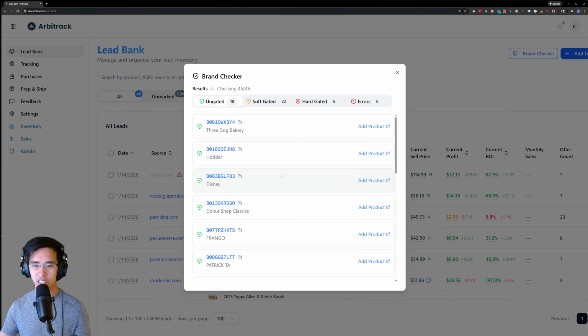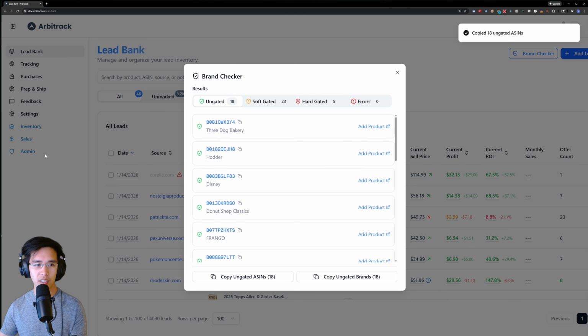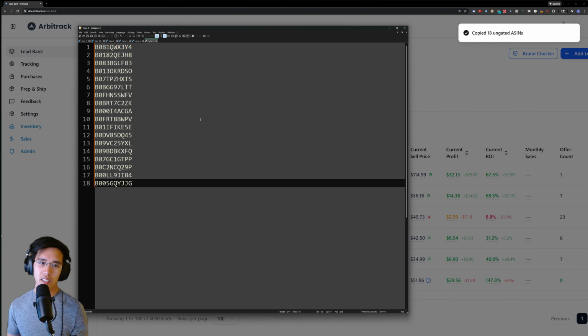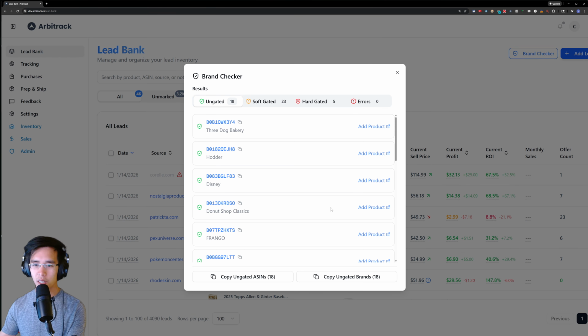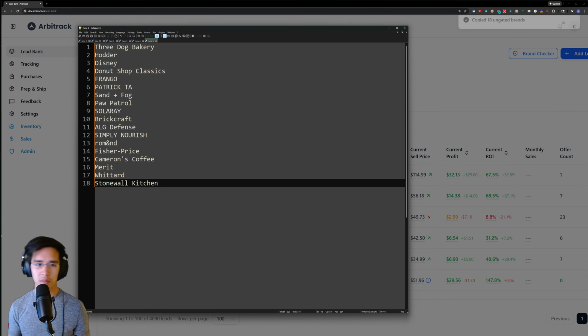And once it's done checking, which it is now, there's buttons down here where you can copy your ungated ASINs. When you paste them, it'll look like this. You can dump them into Keepa, and same thing with the brands. You can click this, it'll copy the brands. You can dump this into Keepa to do a Keepa Finder search, so you can start looking at products that